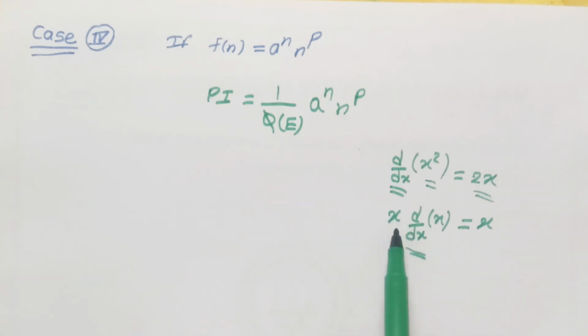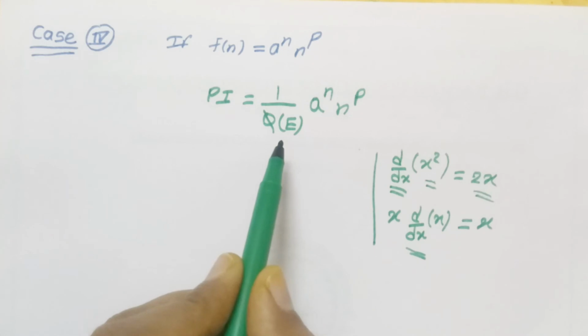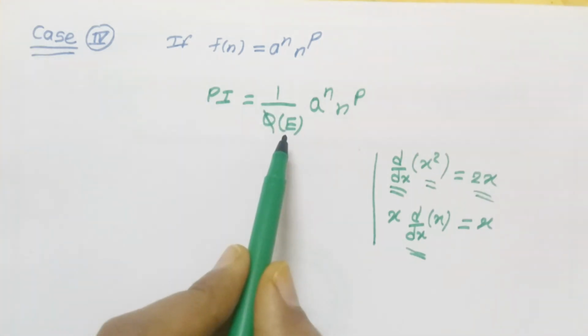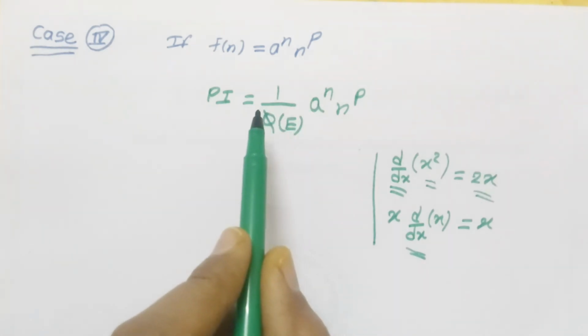सिमिलर वे यहाँ पे क्या कर रहे हैं, अगर x डेरिवेटिव के आउटसाइड में, मतलब ये ऑपरेटर के बाहर है, तो उसके ऊपर ऑपरेटर का कोई इफेक्ट नहीं पड़ेगा। जस्ट जहाँ पे ऑपरेटर जिस फंक्शन के ऊपर ऑपरेट हो रहा है उसी के ऊपर वर्क होता है। तो ये डेरिवेटिव जिस तरह से ऑपरेटर है उसी तरह से 1/φ(E) इज़ द ऑपरेटर विच इज़ ऑपरेट ऑन दिस फंक्शन।